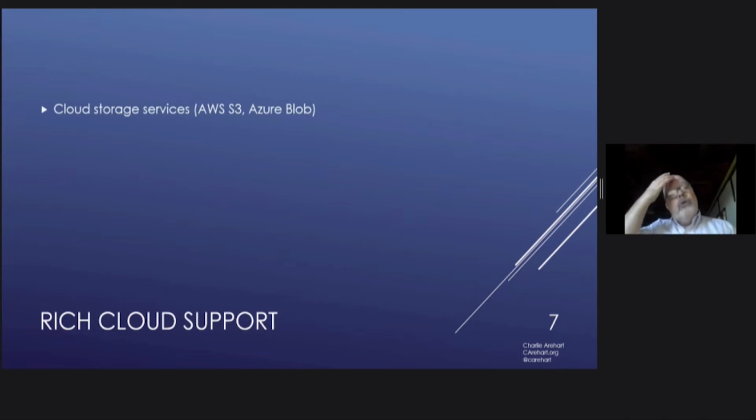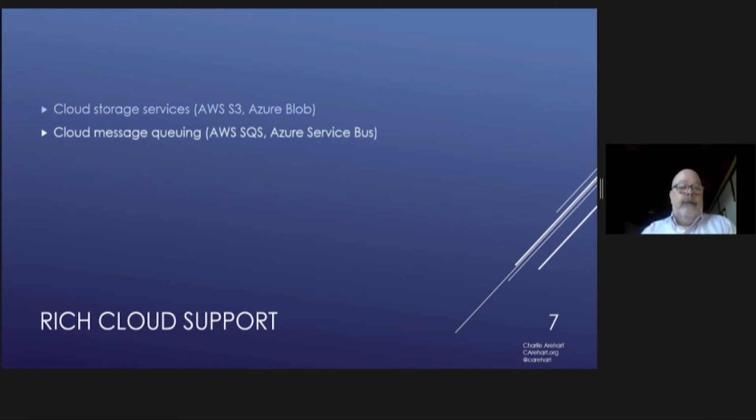Among the things that were new that were cloud support related were cloud storage service support. So yes, we've always had AWS S3. Now we have Azure Blob, but there was new stuff about the S3 support. So definitely check that out if you're working with S3 or Azure Blob. And there was now support for integration with message queuing, with either AWS SQS or Azure Service Bus. For those that are into this stuff, all you need to know is, yes, you can do it. And again, the docs have ample examples of doing all these things: SNS, notifications, and SES, email, and multi-cloud RDS